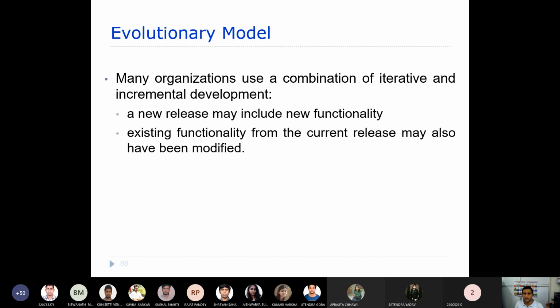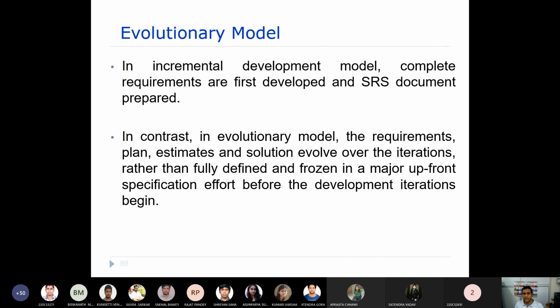We will talk about them. In the incremental model, the complete requirements are first developed and the SRS document is prepared. Whereas in the evolutionary model, as I said before, the whole requirements are collected and specified in the SRS document, right?